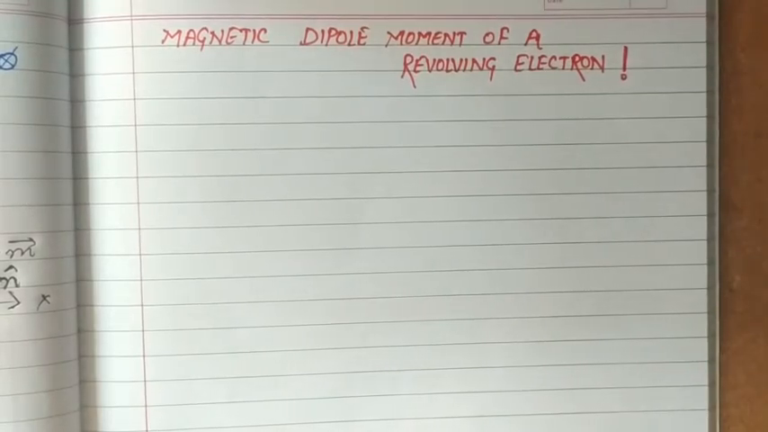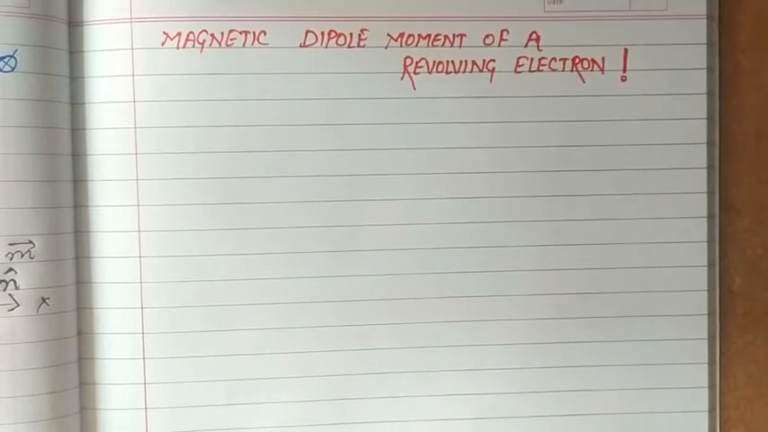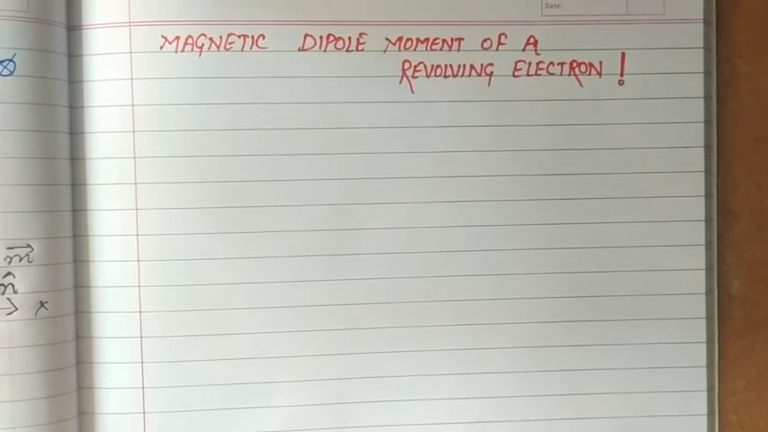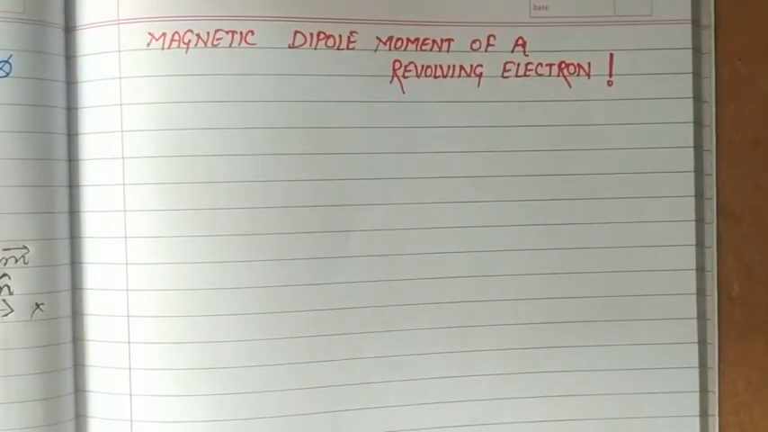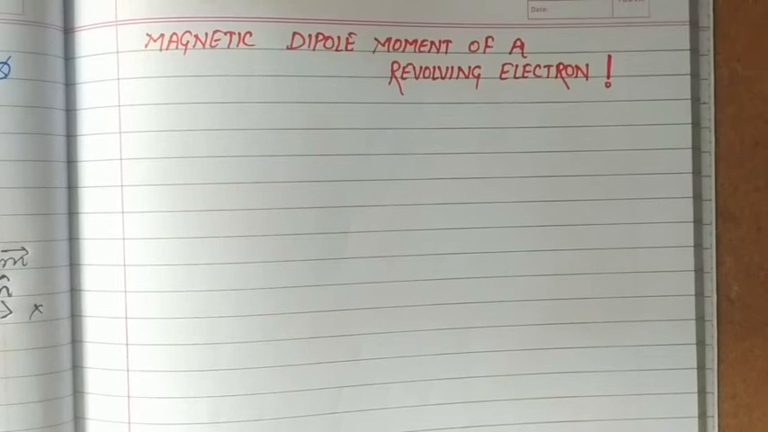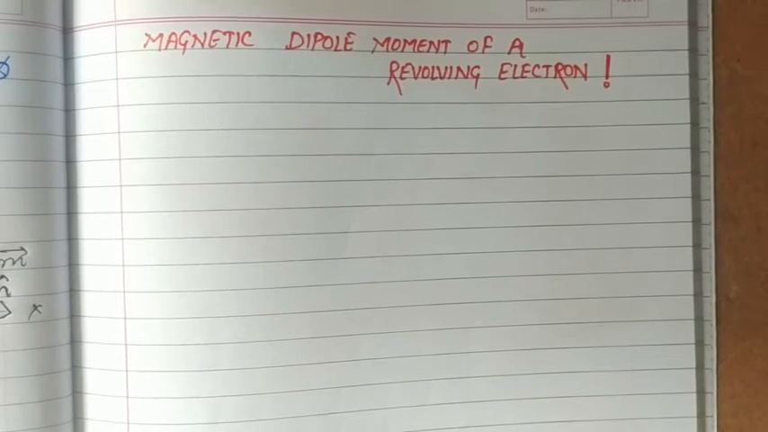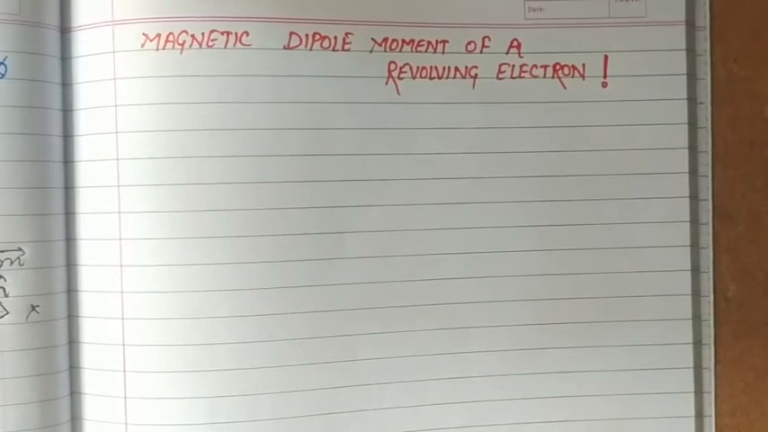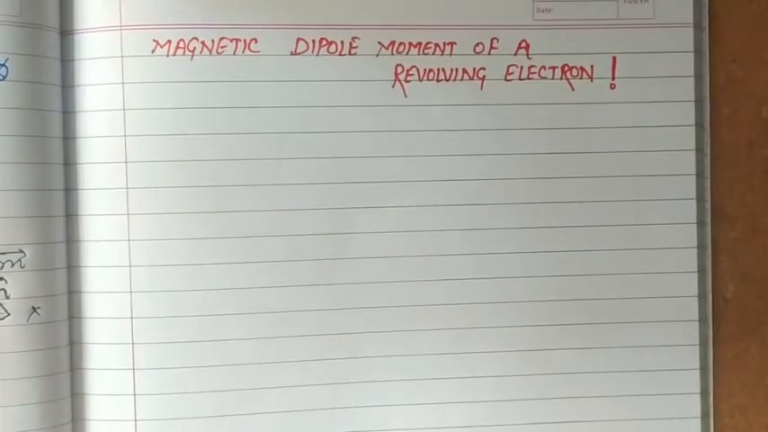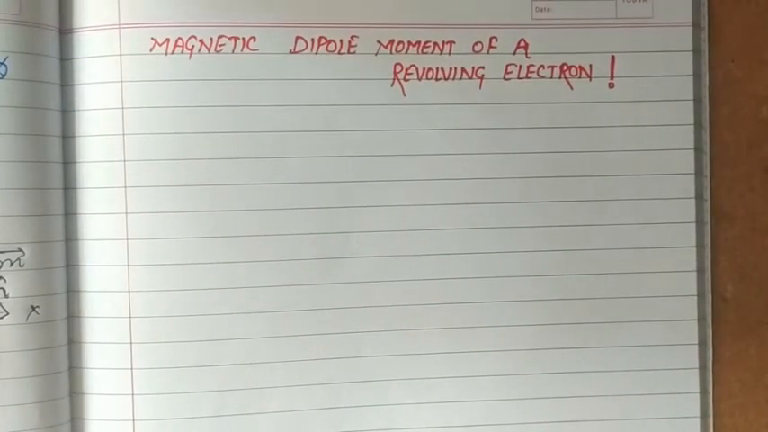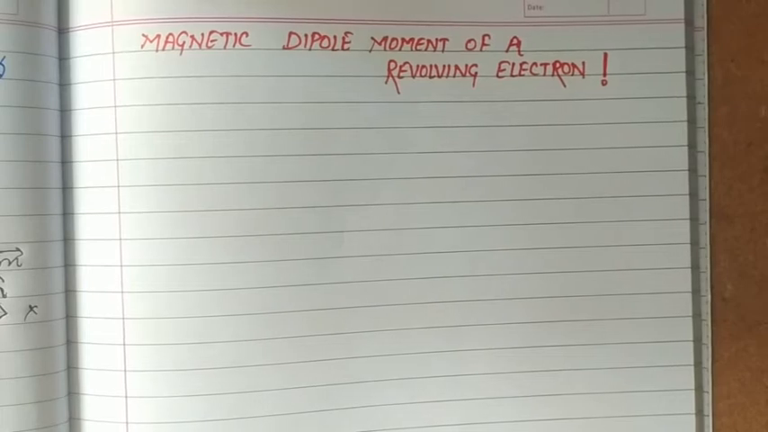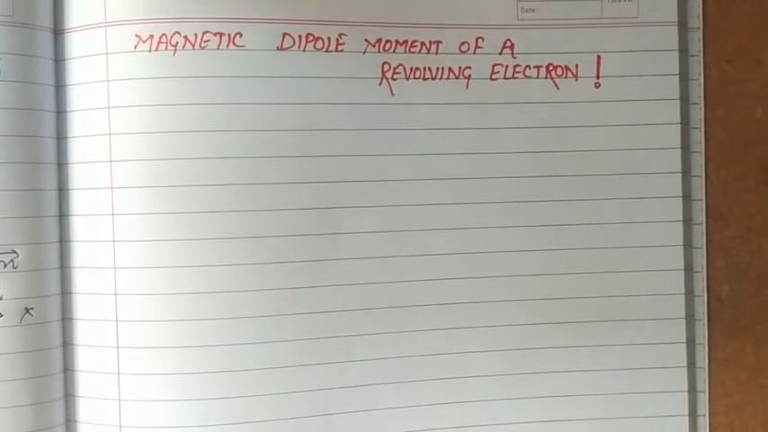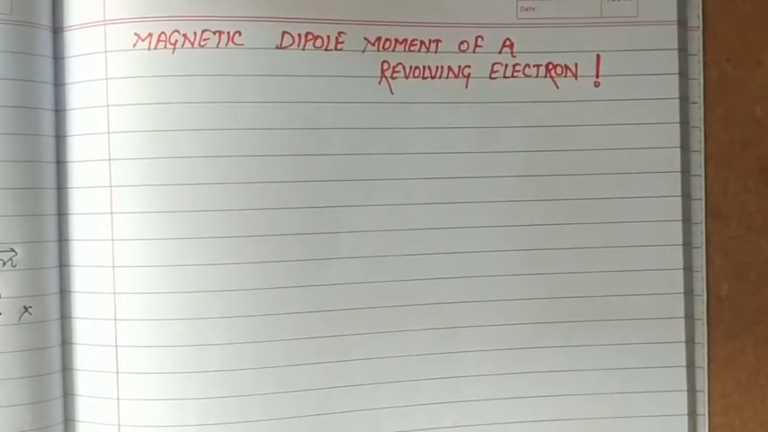Hello students, today in this video we are going to study about magnetic dipole moment of a revolving electron. By revolving electron we actually mean that, as the Bohr model of atom suggests, in atomic structure we have a nucleus, a positively charged core material at the center of the atom, and electrons are revolving around that nucleus in different orbits. So those electrons are revolving and forming a loop kind structure, and we know that if we have